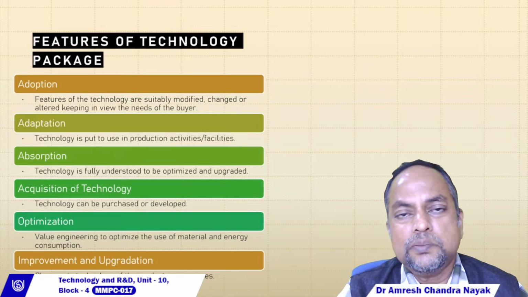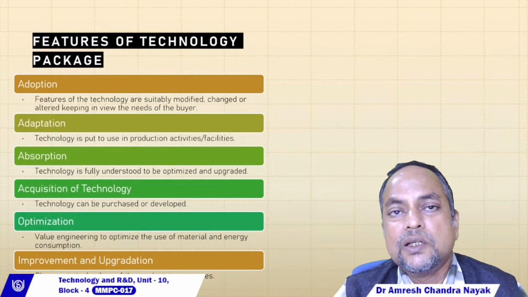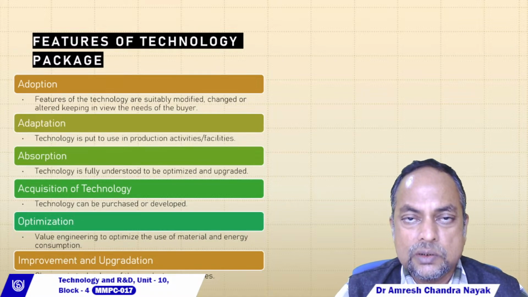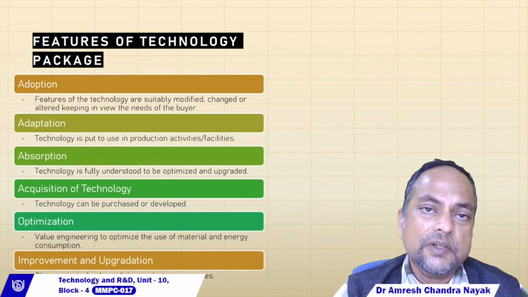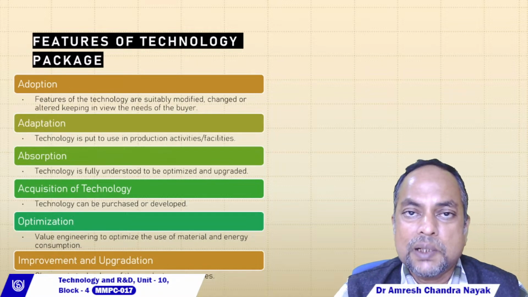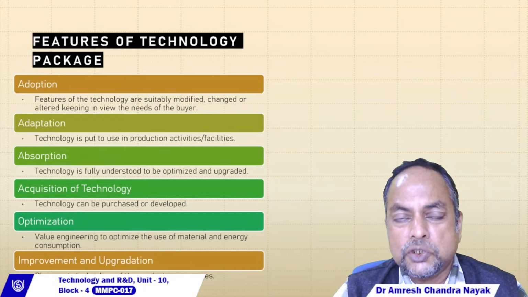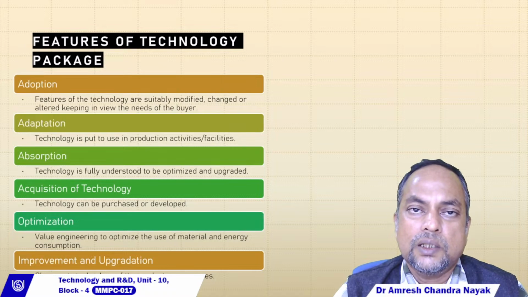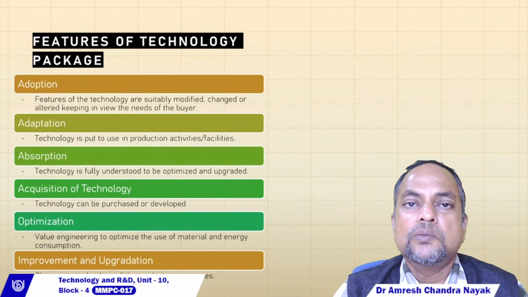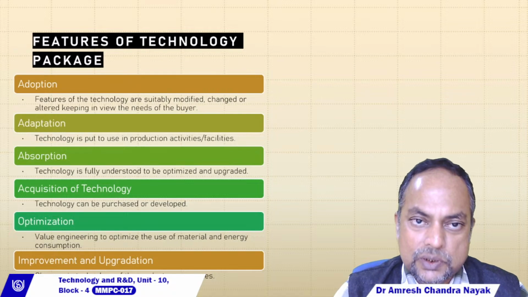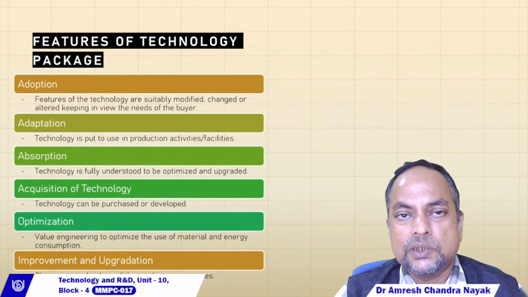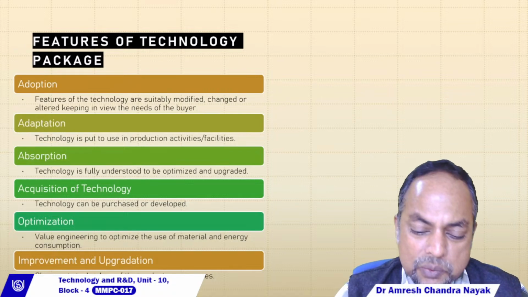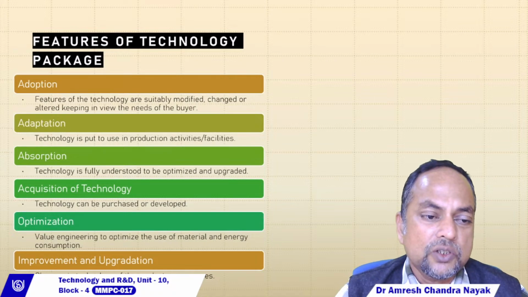Right? So the inward approach says technologies can be developed within the organization. But the outward approach says if I don't have resources, and I don't have the capabilities of my managers and human resources, then I can think of acquiring that from other sources, external sources, right? So acquisition of technology can be there. Whenever we're talking of this optimization of technology,